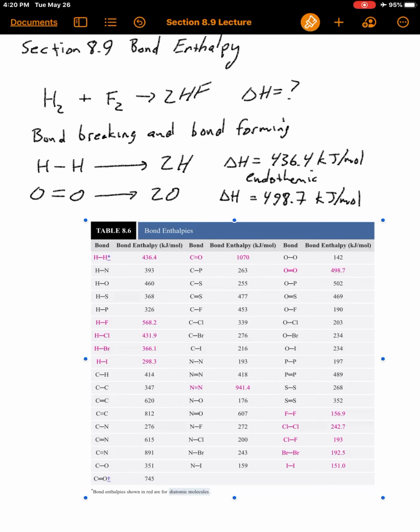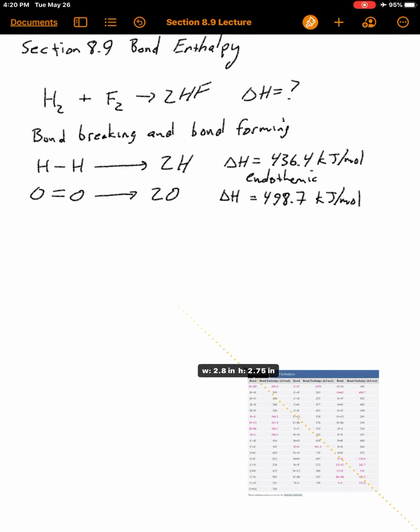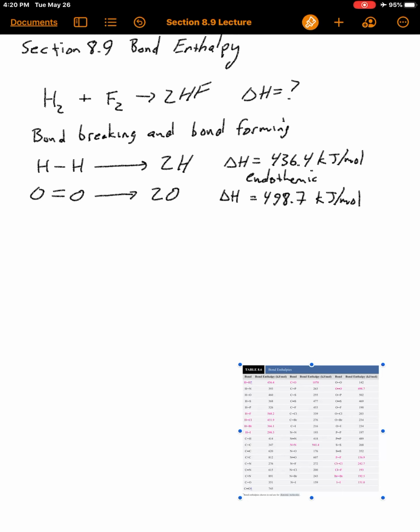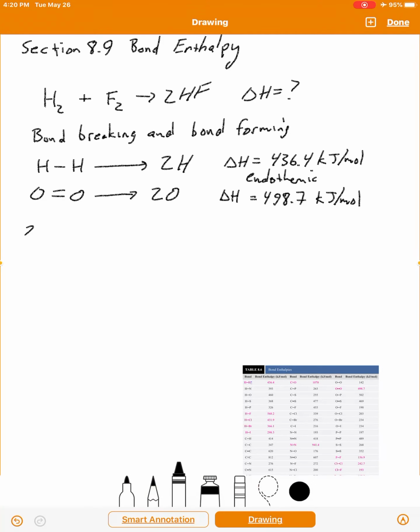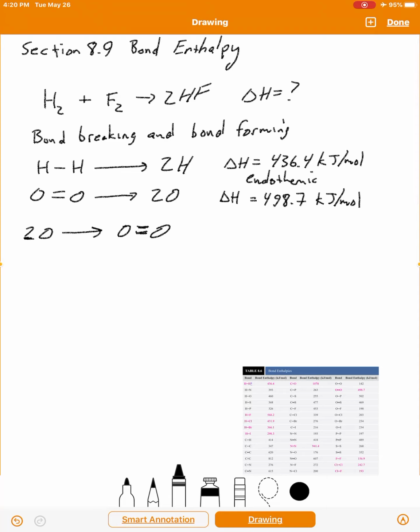Now, it's an endothermic process to break a bond. So if you want to form a bond, take two oxygens and form an oxygen-oxygen double bond, it's very easy to figure out what that would be. It's the opposite process, so it would be negative